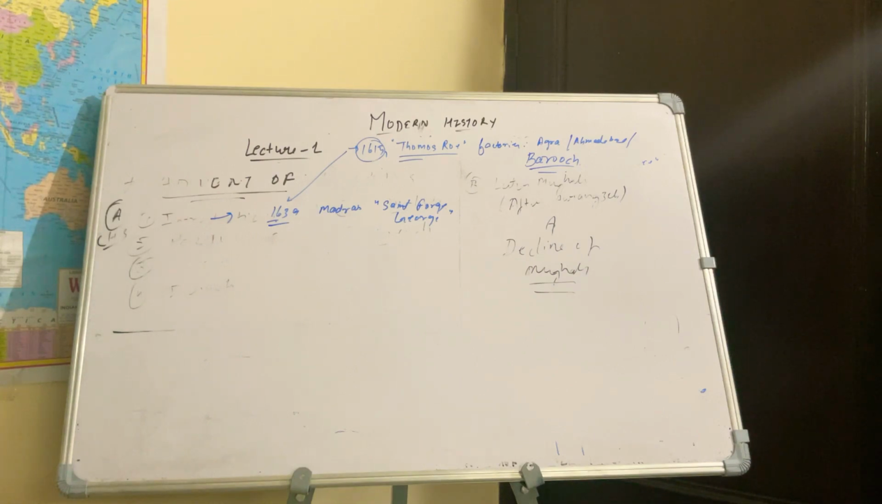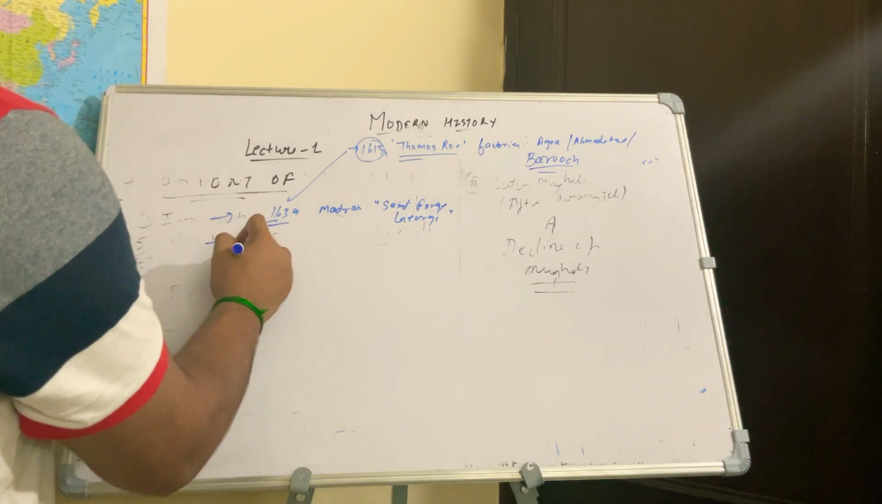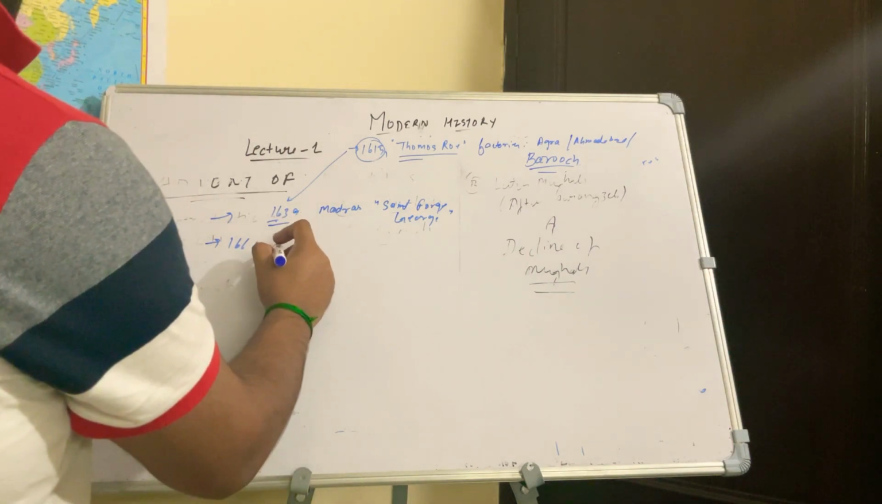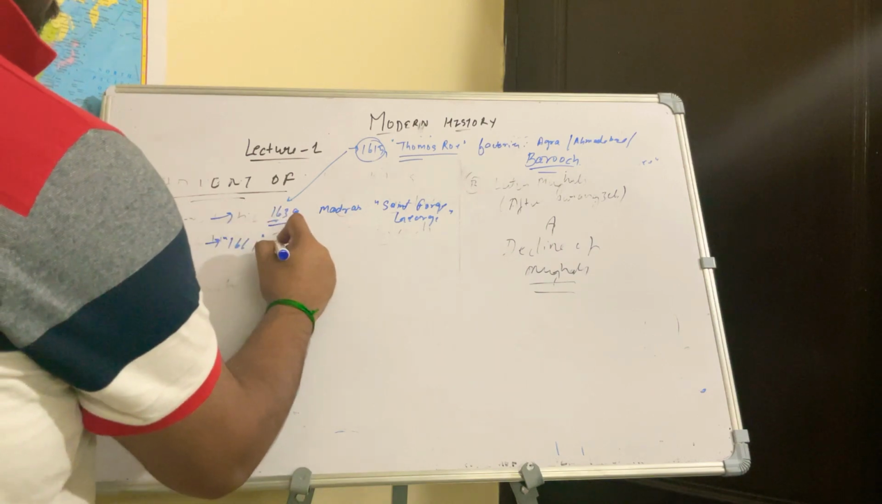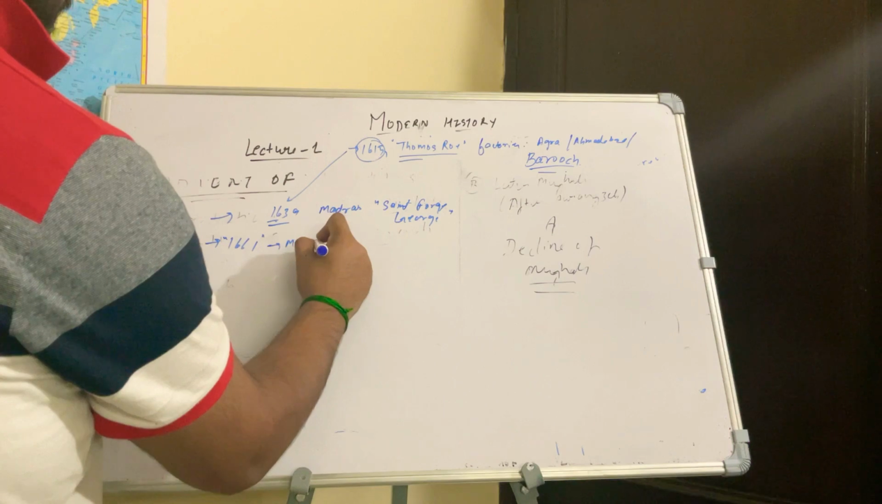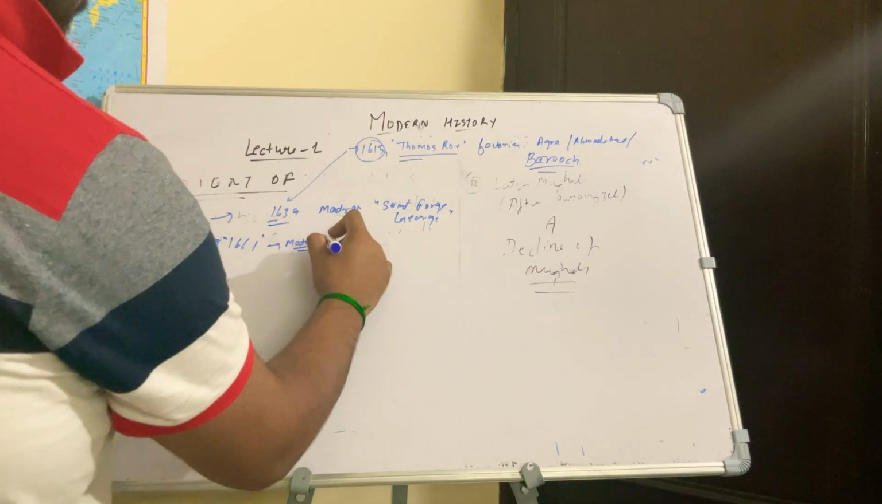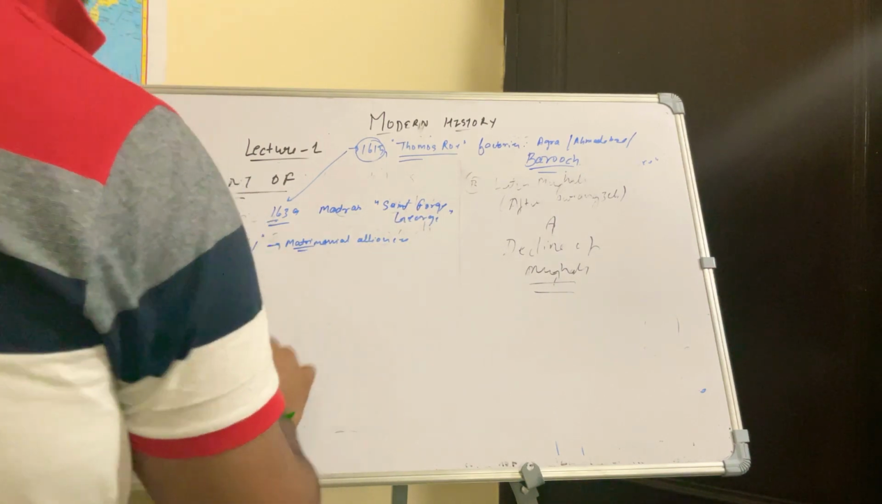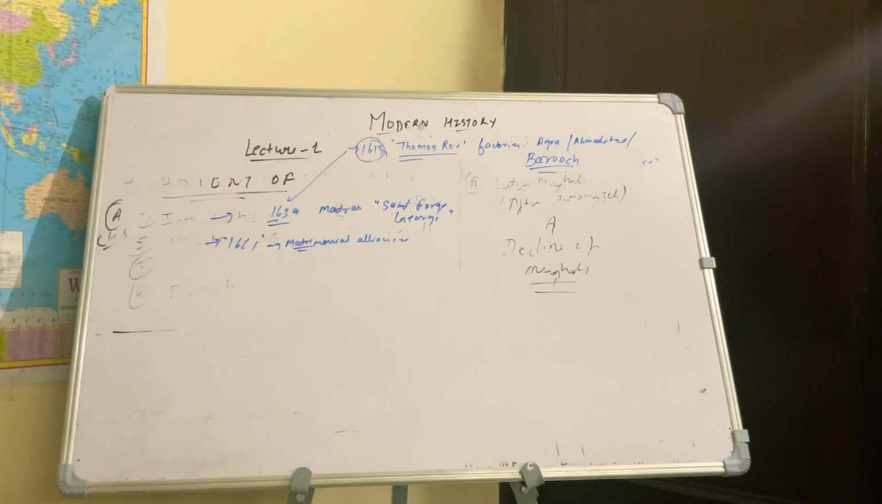Please write down the next point. In 1661, there was a matrimonial alliance between the Portuguese princess Catherine of Braganza. As you all must be aware, in traditional times, matrimonial alliances were used to cement the relation between two empires, kings, or any entities, so that conflict can be avoided, and at the same time peace can be maintained for a longer period of time. So in 1661,